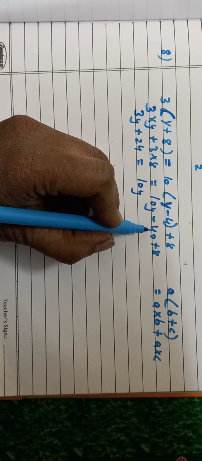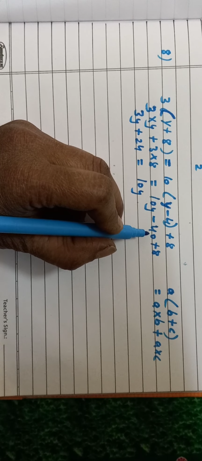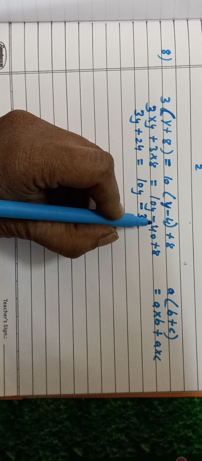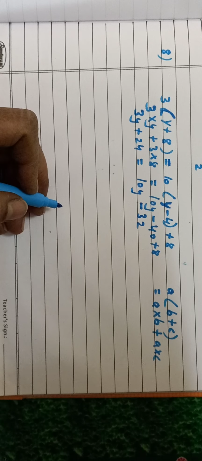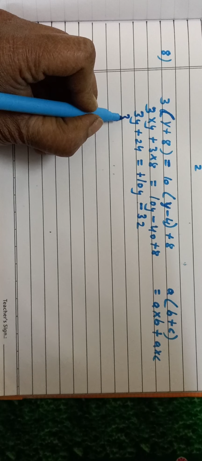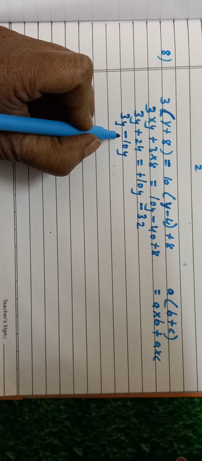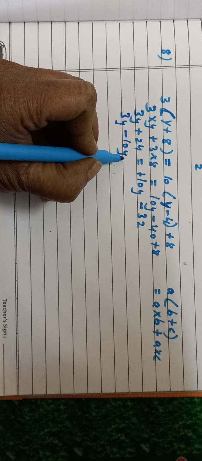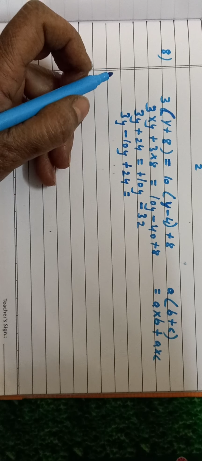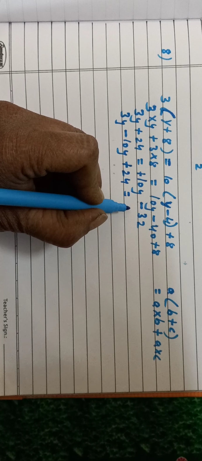Now here 10y. Now minus 40 plus 8. The signs are different. So you will do subtraction. So minus 40 plus 8 will be minus 32. Put the sign of the greater number. Now here no sign means plus. So plus 10y you take it to LHS. You will get 3y minus 10y. Okay. Plus 24. If you want, you write it here only, plus 24 is equal to, now 10y you have taken it to LHS. So plus 10y has become minus 10y. Now this minus 32 is on RHS.